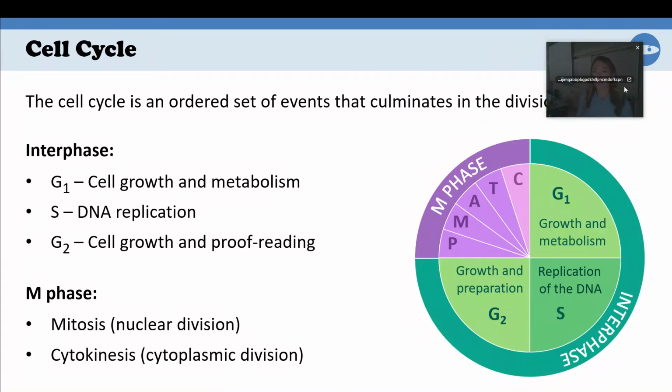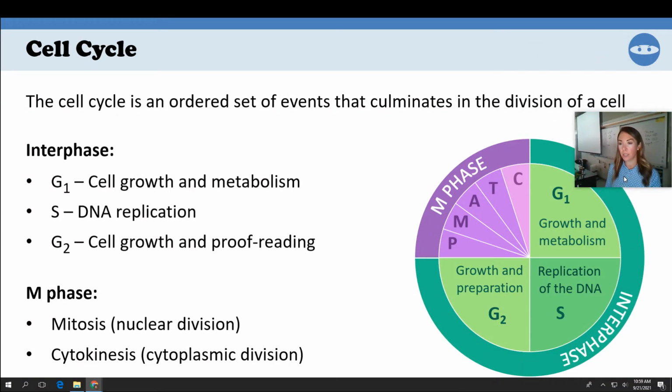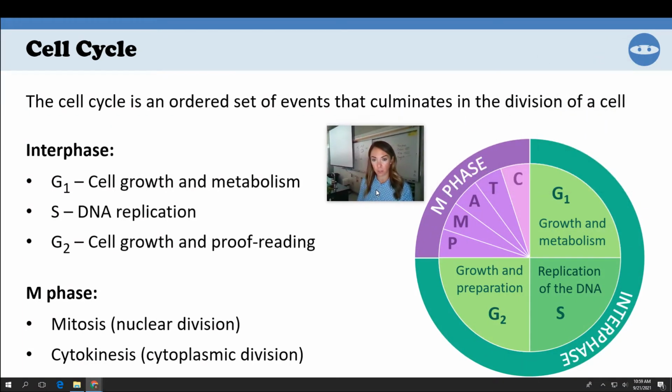Okay, let's start with the cell cycle. The cell cycle is a cycle, something that starts and ends back where it began. Here's the cycle it goes through from I am a cell, to now I'm going to divide and become 2. It's going to go in this order. You need to know the order, and then you need to know the things that happen in each and what needs to happen in order for those things to happen, okay?